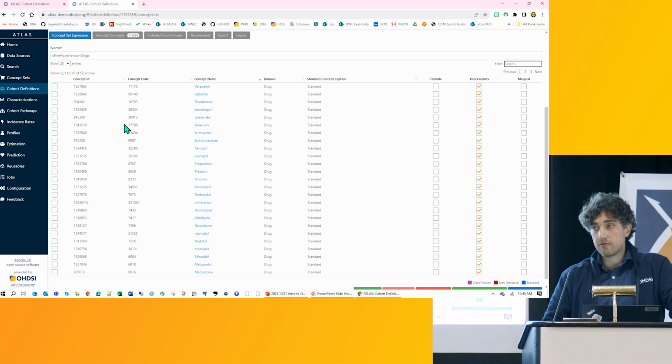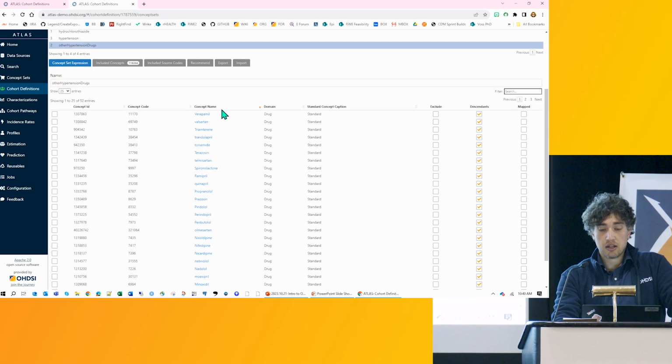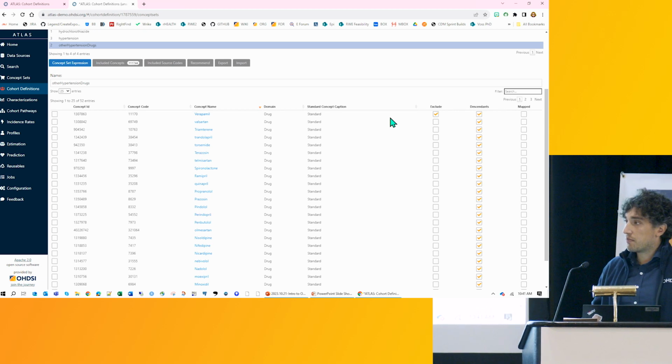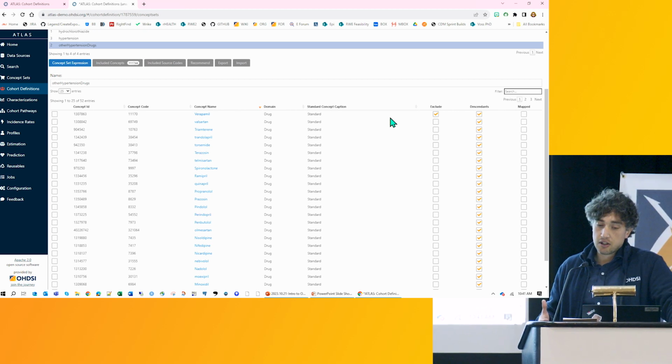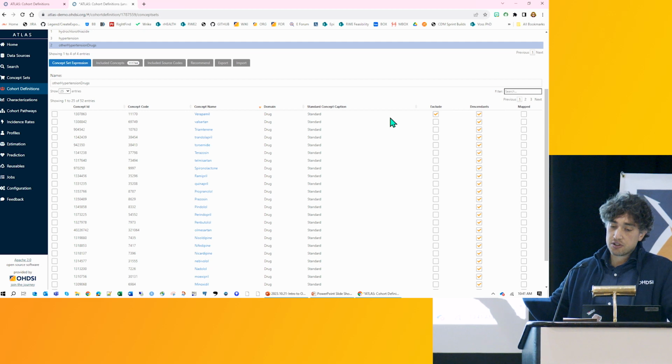So we can look up, for instance, use the ATC code or hierarchy to find what hypertension drugs are out there, and then we can add those RxNorm codes individually and then include all the descendants. Something you can also do is, say I didn't want to use this drug, I can exclude it. This way, when I'm building my concept set, it's going to include every other hypertension drug and its descendants except for